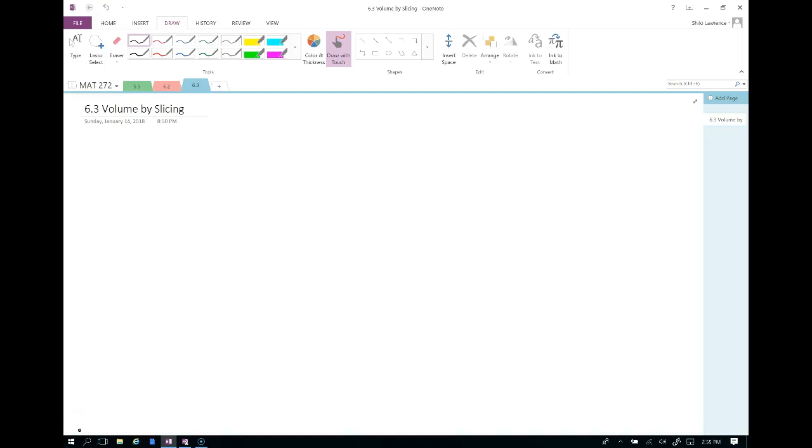In section 6.3, we're going to take those two-dimensional regions that we examined in section 6.2, and we are going to revolve them about either a horizontal or a vertical line and create a volume of revolution. So before we get into any definitions or any formulas or anything like that, I want to show you a really quick example. And I'm just going to use the function f of x equals just the straight line x